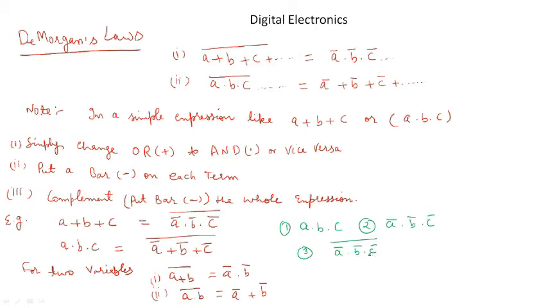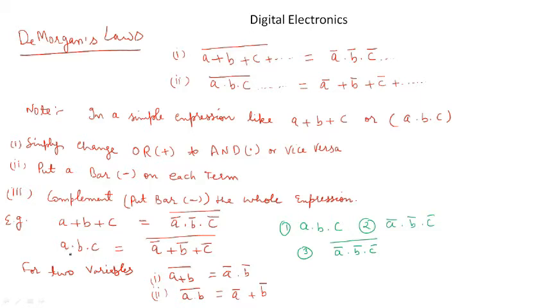On the right side, it is equal to A plus B plus C. So the complement of this will be (A plus B plus C) whole bar, which is your first De Morgan law. You see here that this is your first De Morgan law: (A plus B plus C) whole bar is equal to A bar dot B bar dot C bar.